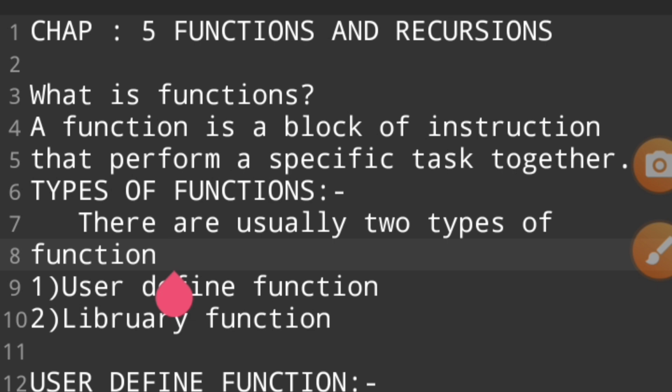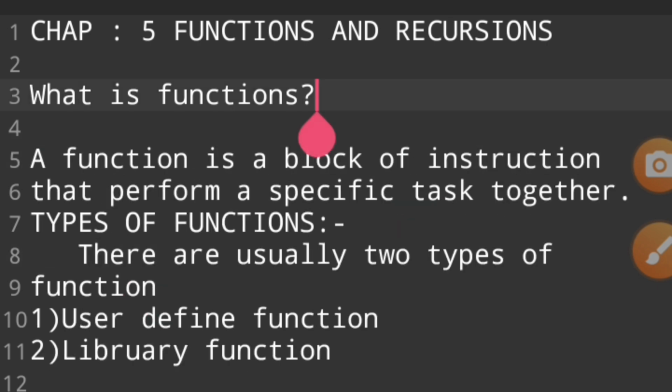I hope you understand what a function is. A function is simply a block of instructions that performs a specific task together. It is a very simple and easy definition.